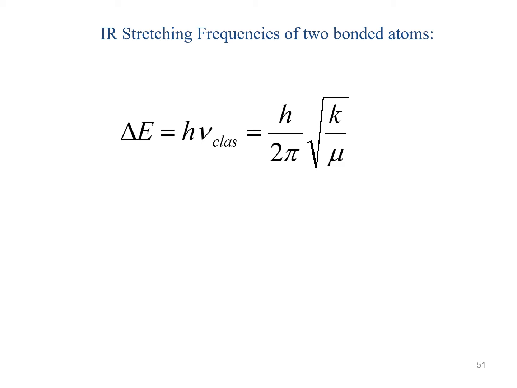So we said earlier that energy is equal to Planck's constant times the classical frequency of your photon. So what we're going to do is change that around a little bit using classical mechanics with a ball and spring system. We can use something called Hooke's law, which has a K value, which is the spring constant, and that little lowercase Greek mu, that is what we're going to use for something called reduced mass. Now, of course, frequency